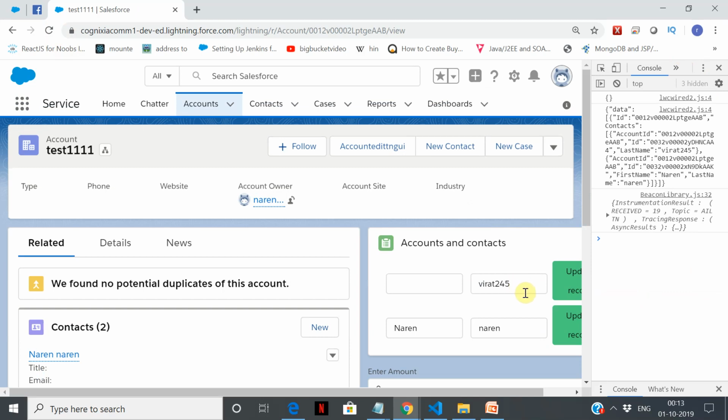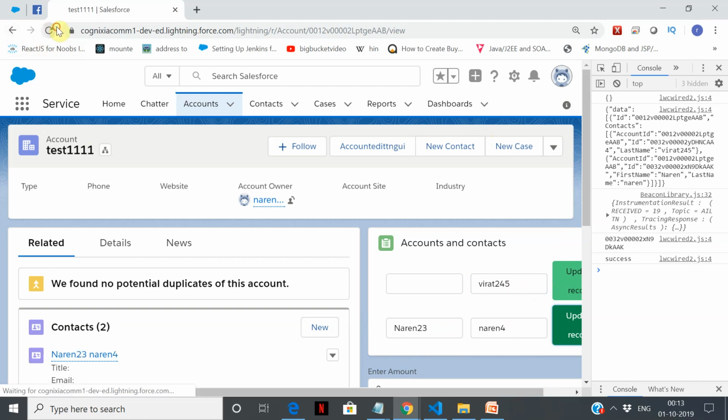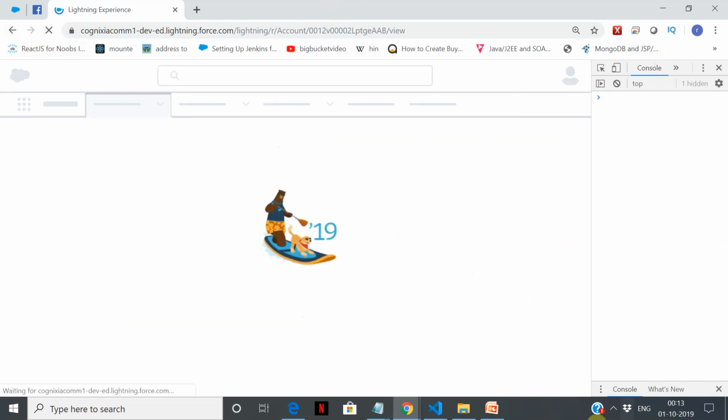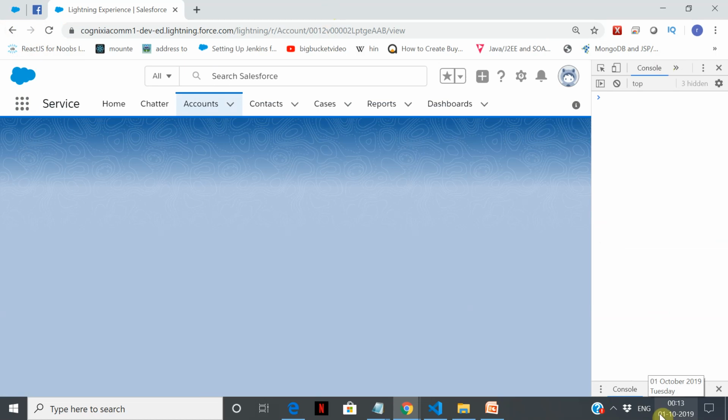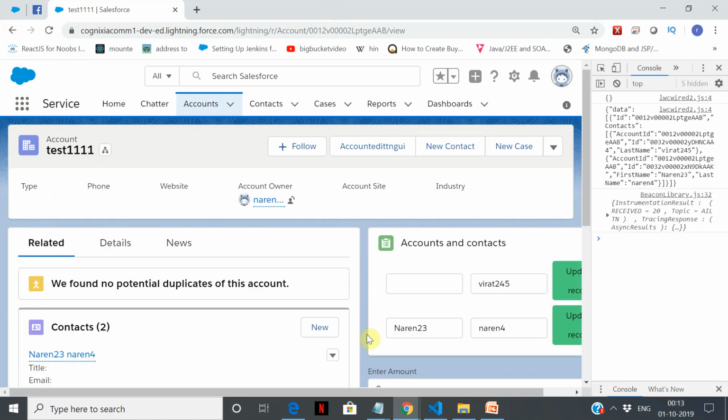Alright. So a very simple way. Now if you change it further, like say if you change this one and update, and now when we refresh, we are going to get the changed values. So extremely simple way. So basically it's a templated way of updating data.